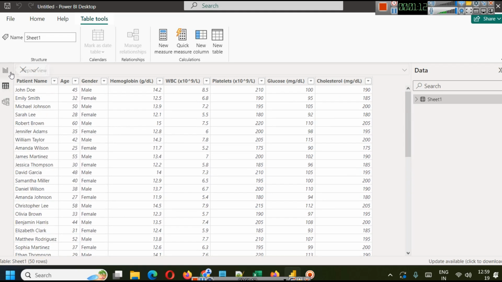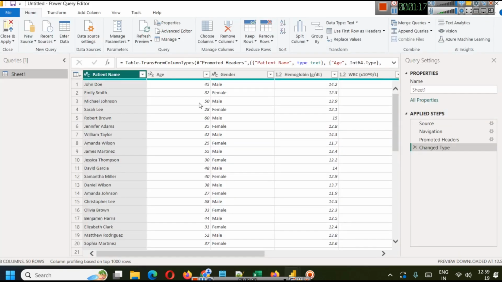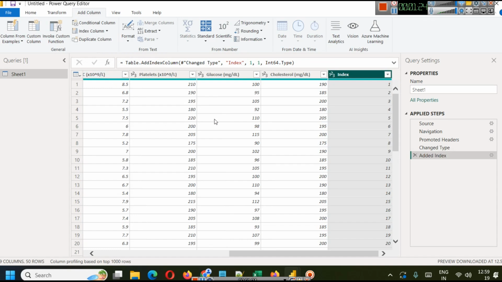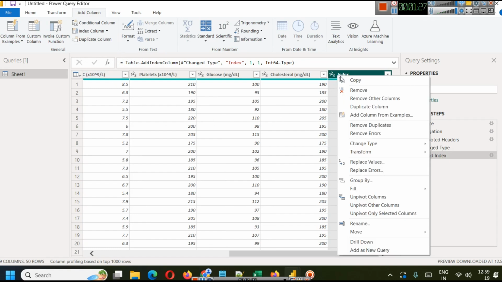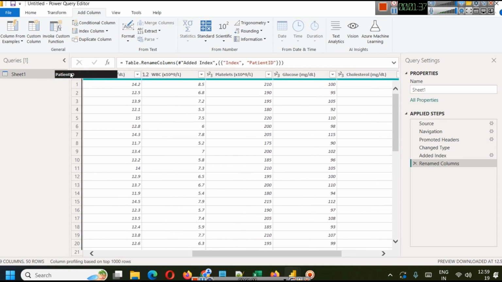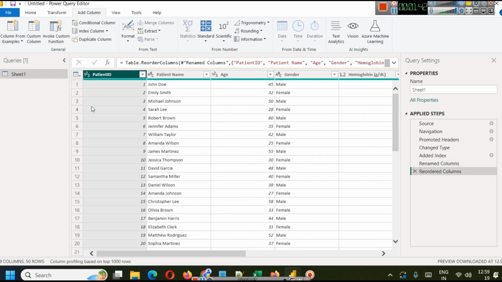Okay. So what we can do with the help of the transform data tab here, which will open Power Query Editor for us, is add a simple column, which will be our index column. We will start from 1 and we will rename this column to patient ID. So every patient will have some unique ID, and the main purpose of adding this patient ID is we'll be able to count patients. Obviously, in our dataset, which is a simple sample dataset, we have 50 patients,